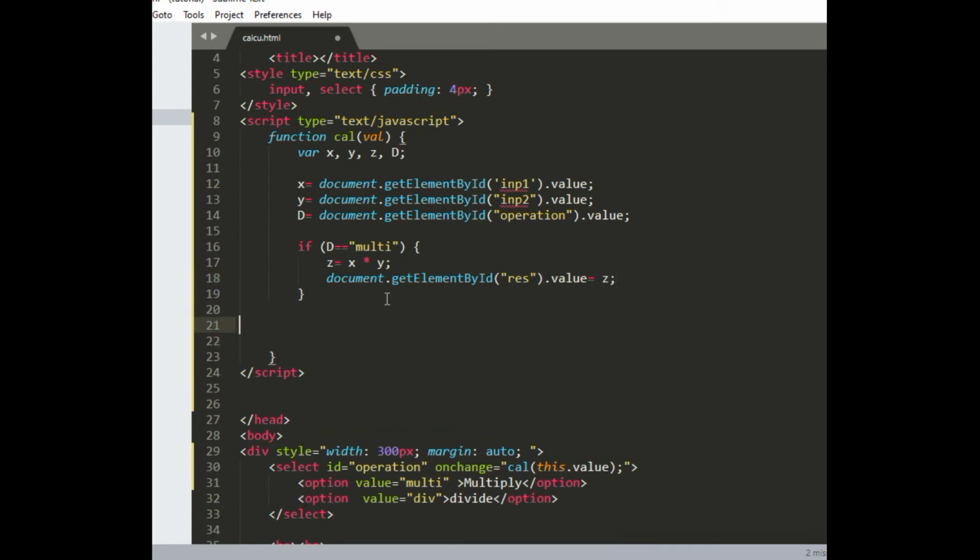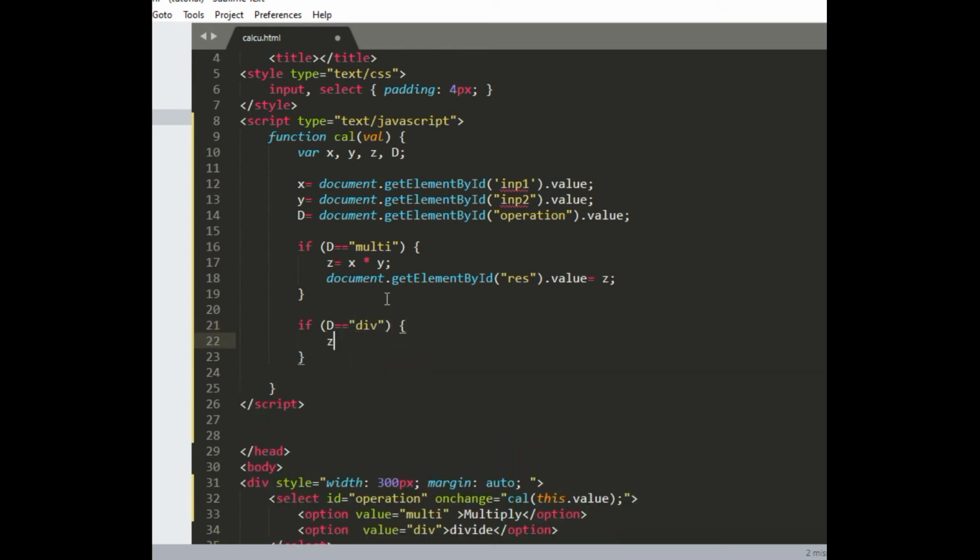Now we will define another condition for divide. If d is equal to div, then divide x by y, and replace the value in the result with variable z.